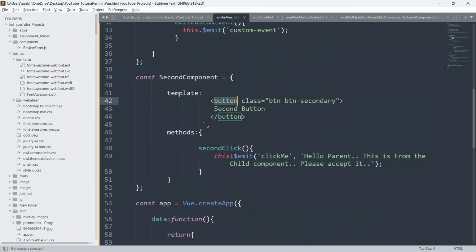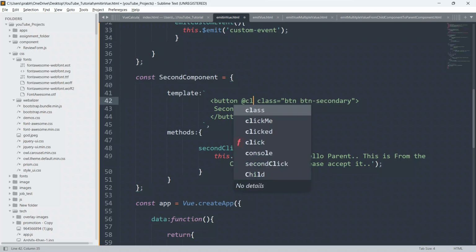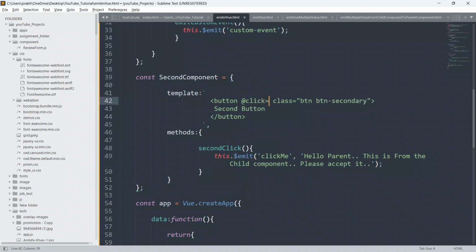We have to define one method here: this secondClick method we have to define on this button also. So I'll say @click equal to, and give this secondClick method here.